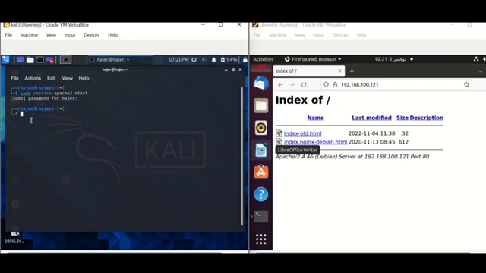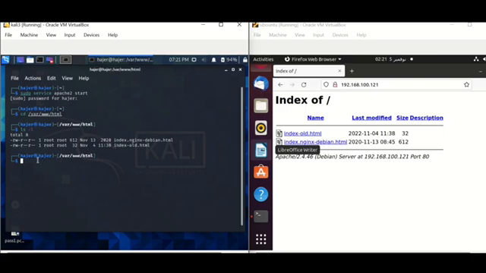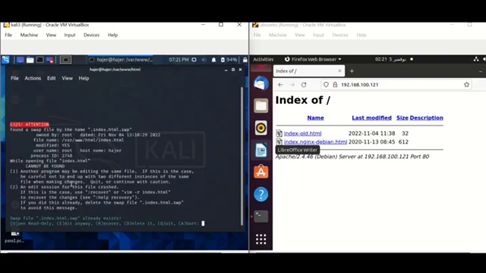I will go to the index.html, but first I want to know what the HTML files there are. So I will type cd /var/www/html, change directory to this, and I will list the files there. After that, I will move index.html to index.old.html. After that, I will go to the index.html and change it by typing sudo vi index.html